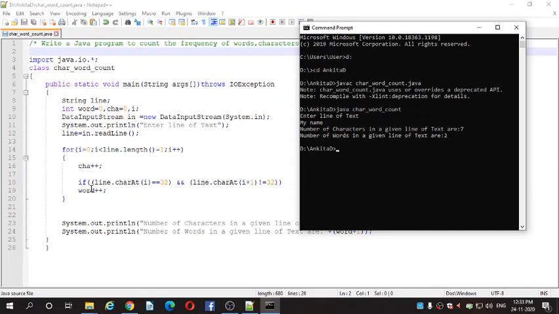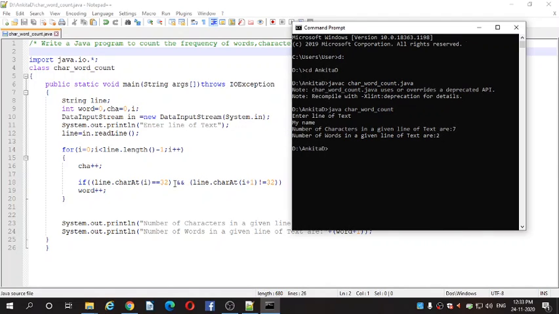Again it will check the if condition, that is line.charAt of second position, second character is equal to 32. In our program, the second character is white space. So 32 is the ASCII code for white space. So second character is equals to 32. Condition is true.